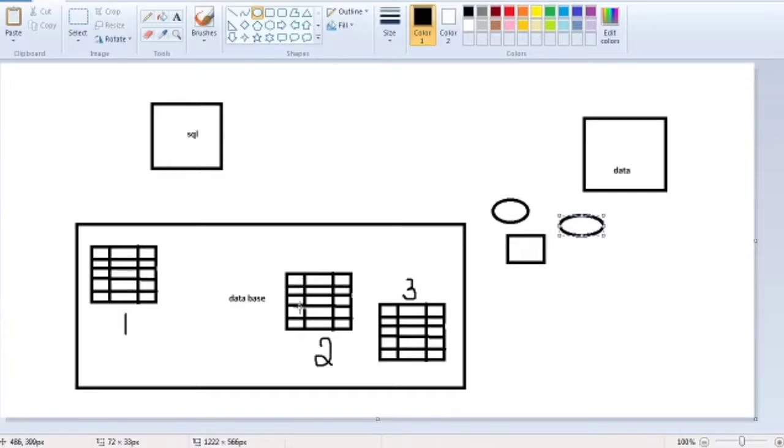So this table name is hospital. So hospital has some attributes, like hospital name and address. This is nothing but fields. That is, this one is hospital name, and this one is hospital address, and this one is hospital phone number. This way I am going to establish the hospital entity inside the database along with its attributes.